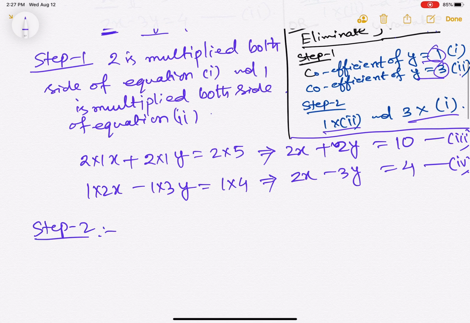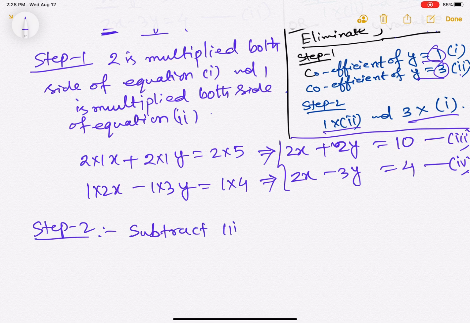So step 2 is the operation: you apply either the addition operation or the subtraction operation, depending on which sign is present in both the equations. So now we see that in both the equations the coefficient of x is the same, and in both the equations x is positive. So when we eliminate x from both the equations we apply the subtraction method. So now apply this subtraction